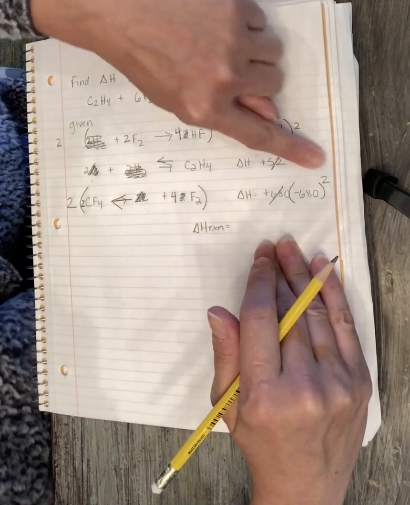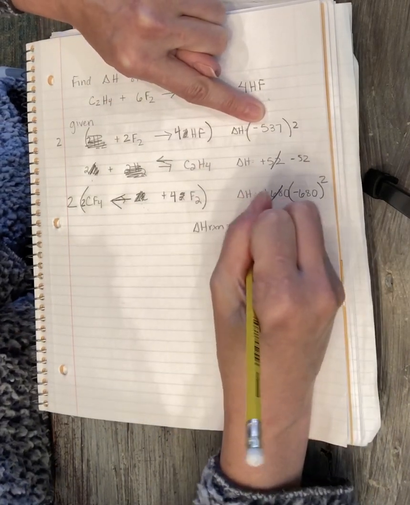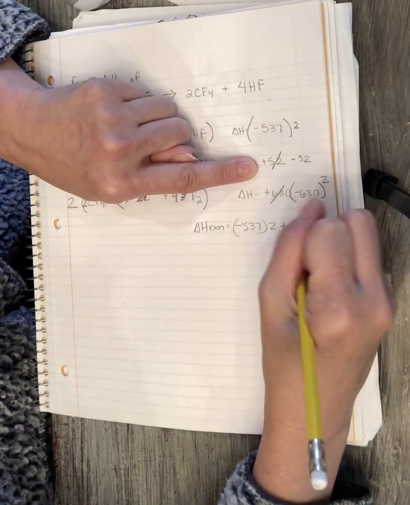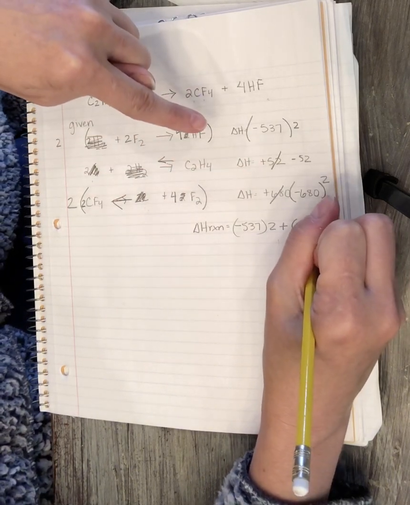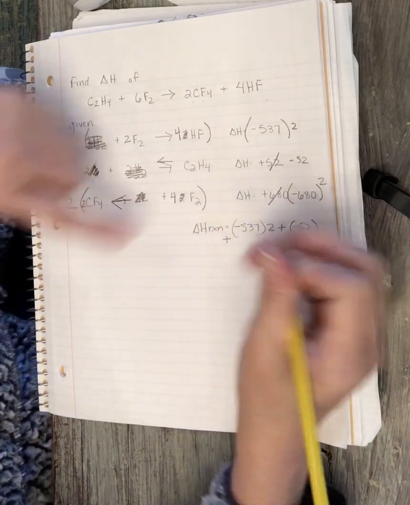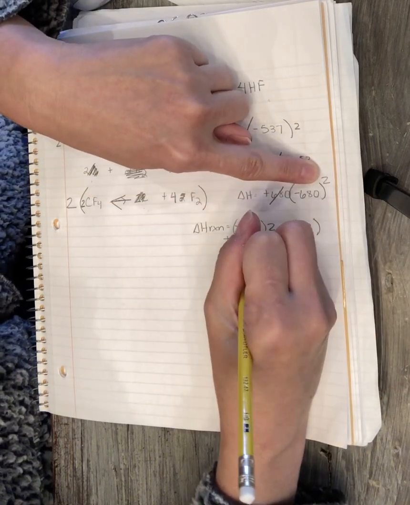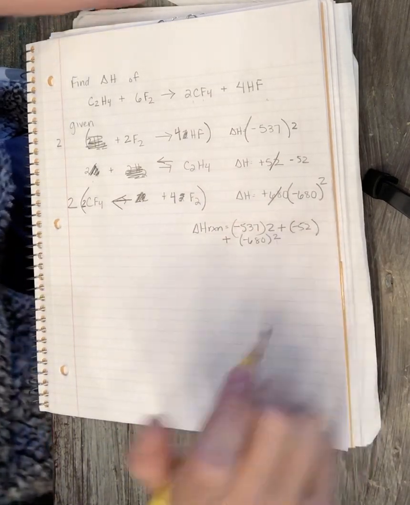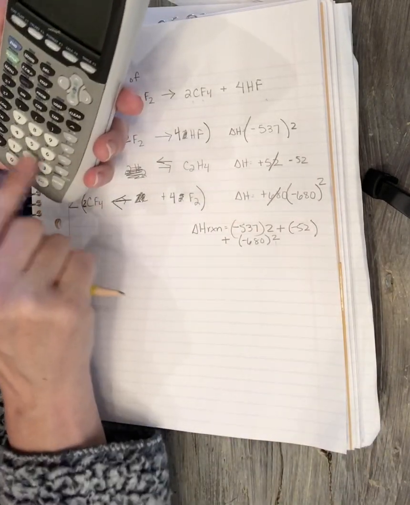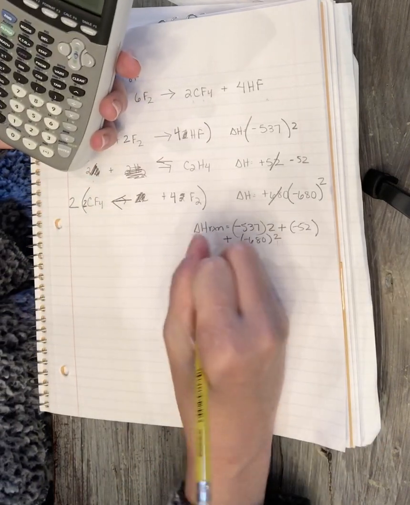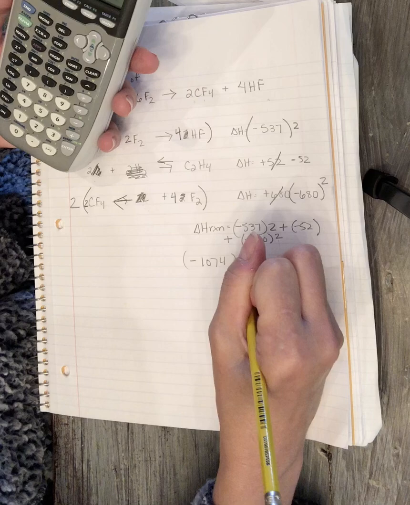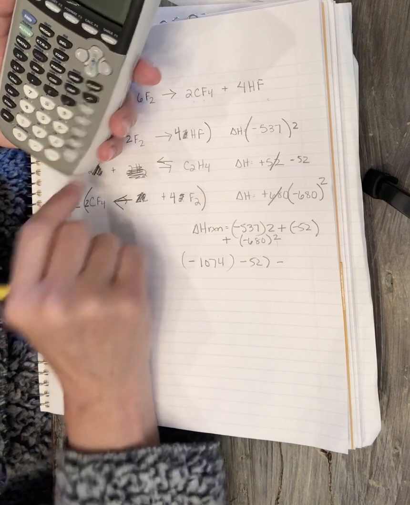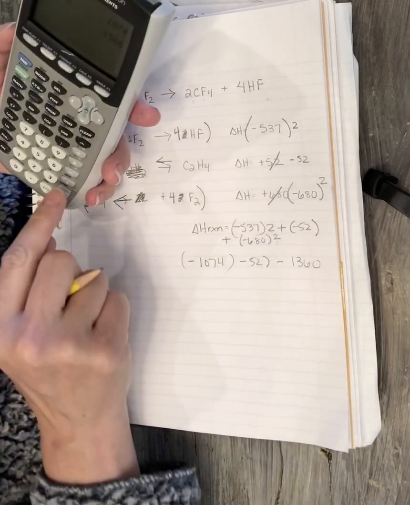They want to see that you knew what to do, that you took that reaction and multiplied it by 2. You reversed this reaction, and then you reversed this reaction and multiplied it by 2. So you would just add all that up. So I get negative 1,074 minus 52 minus 1,360. So when you add all that up,